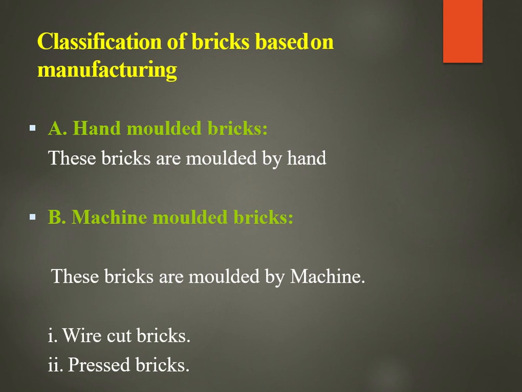In plastic clay machine molding, we take tempered clay and pour it into the plastic clay machine, and that clay comes out like a bar, like a chocolate bar. Then we cut this bar of clay with wires to the dimensions of the brick, and hence we call them wire cut bricks. Then we have the dry press method machine, where we directly pour the dry clay and water, and the tempering is done directly in the machine, and it is pressed under pressure into the molds and you get pressed bricks. So in either way we can do it with the help of a machine.